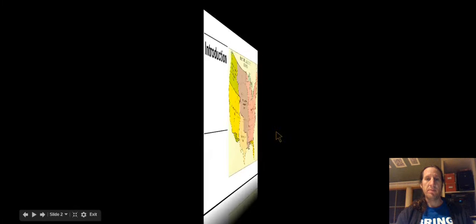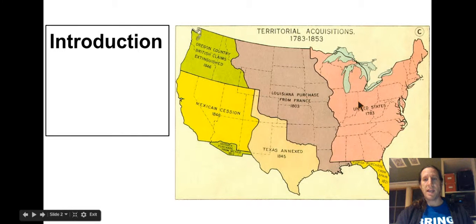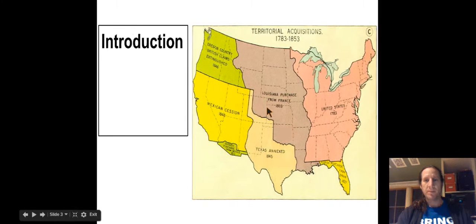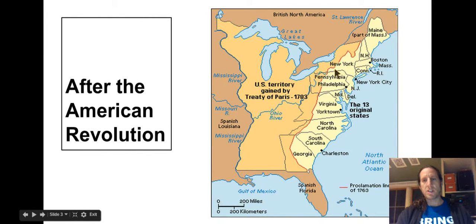So, let's get started. The United States, after the American Revolution, is an independent country, and they're over here, and they have gained all this land from the British, but that is just a portion of what is yet to come. The United States starts off as the 13 independent states, after being the 13 colonies. And not only did they gain that territory, but they gained this other territory to the west, which will become